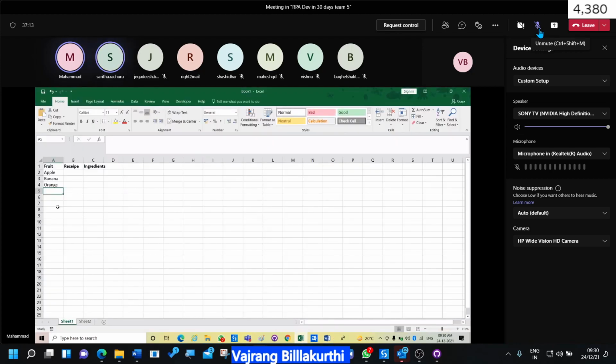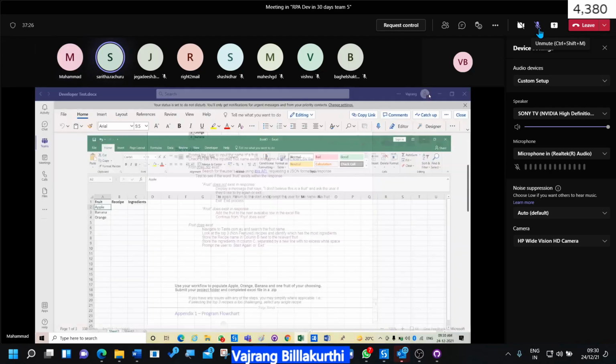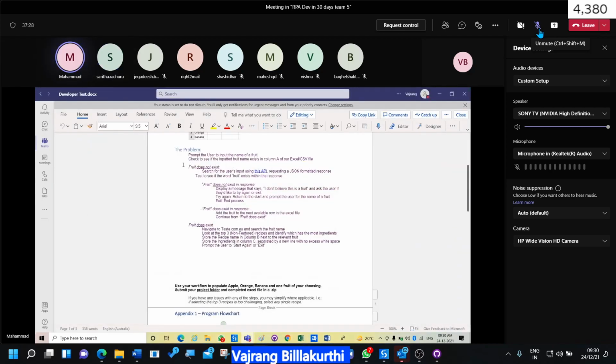If just strawberry has been entered, right? If the user enters strawberry, the first condition is if the particular fruit is not available in this Excel. This does not exist, right? If the particular fruit is not available, go to this API and consume the text by using JSON object.